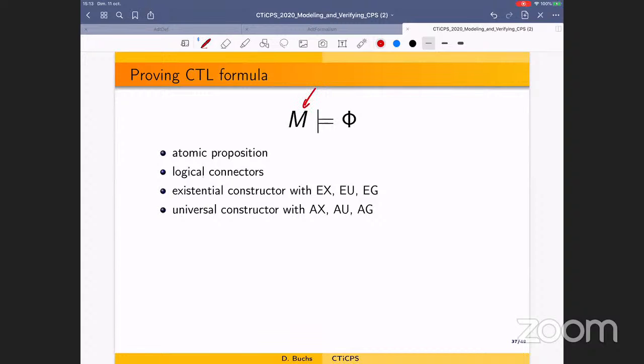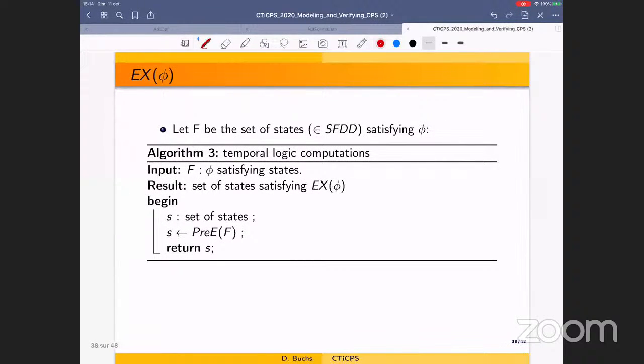Okay, so now this is an MFDD. So there is a representation in this domain, and we have to apply this representation to prove some property. So in order to do that, I have to define a logic. I don't want to detail the logic. There are atomic propositions, logical connectors, and some temporal operators. So using this, we will be able to produce algorithms for checking the satisfaction of a formula.